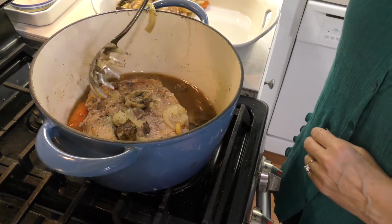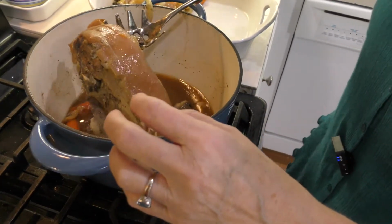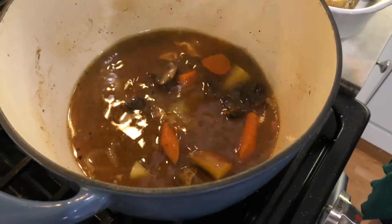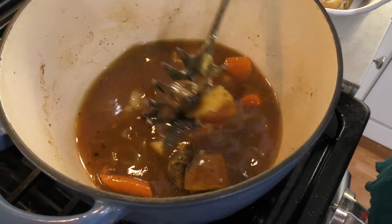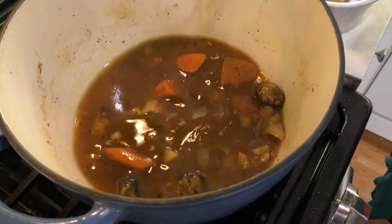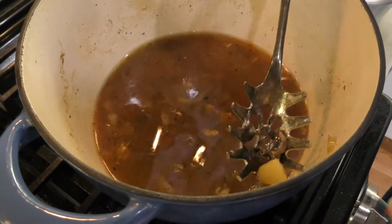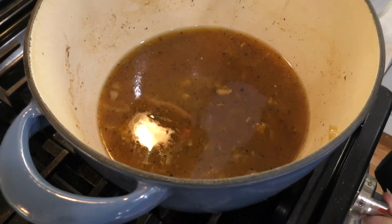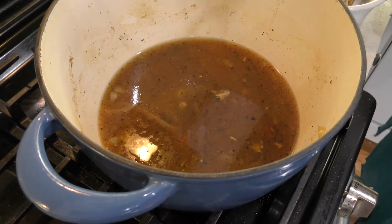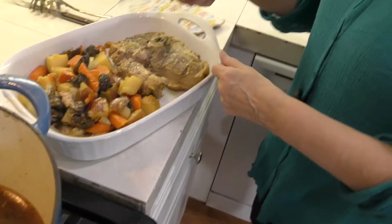Okay, now here I'm going to go ahead and just take out this roast. There's a little bit of fat on that roast. And then I'm going to take the rest of these vegetables out over here. And you can see we have a nice little brothy drippings, which I'm going to go ahead and turn this onto my stove, onto about medium, and let that get ready. But meanwhile, I'm going to come over here into our bowl here with our vegetables,